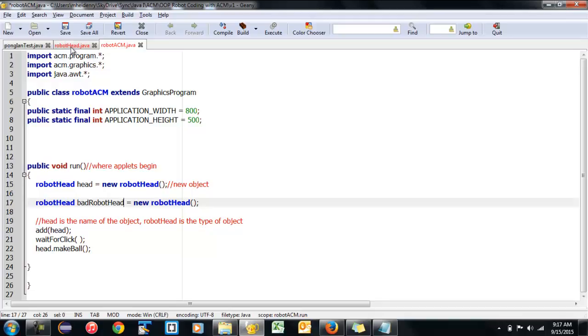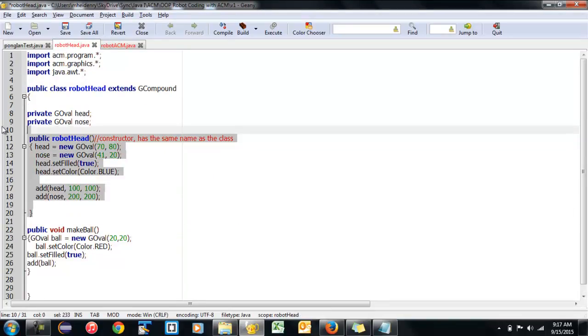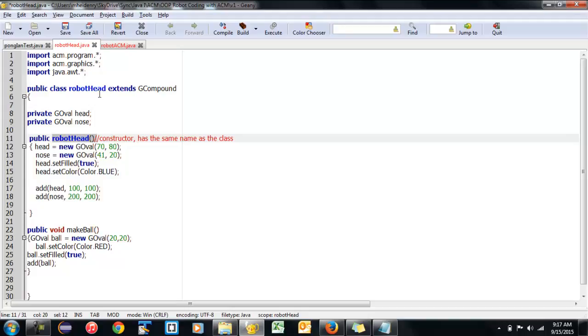Now, going back to my other program, this is a constructor. Once again, it looks like a method, but it has the exact same name as the class file. We can also make our own methods in here. Notice this constructor is contained here, and we have another method, public void make ball. In that, we're going to create simply a ball,